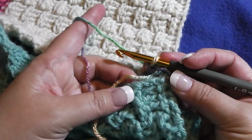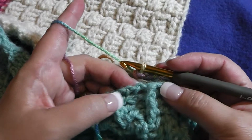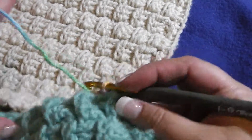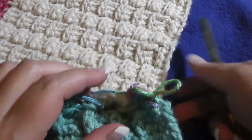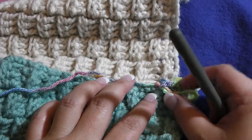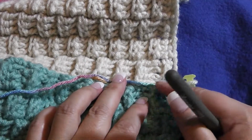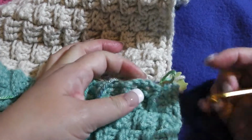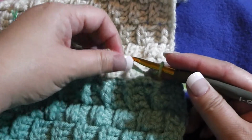Now I'm going to go back over to this half, and we're actually going to go up to the next section. See, so we just did this one on that side. Okay, so if you look, pull that up a little bit so I can show you. You can see how this bottom half, we're going to that bottom half, and if you look at this long bar, there are two holes again, and we're going to go into the bottom hole on the green side,